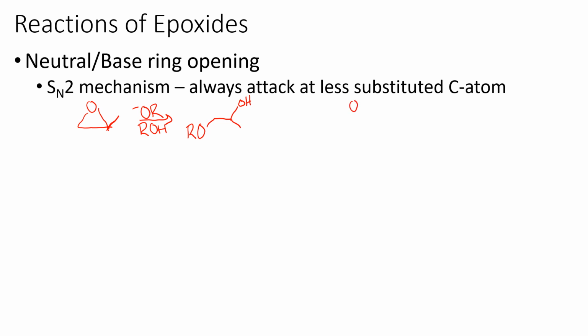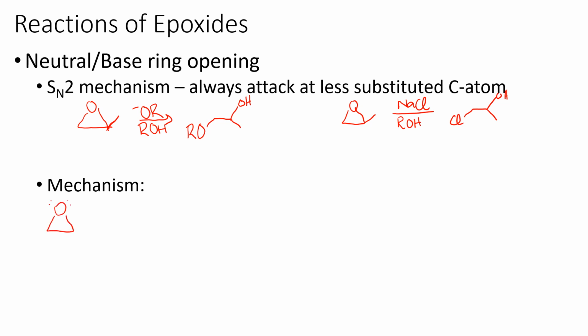We would see something very similar with our neutral nucleophiles, so something like sodium chloride, where we have that chloride ion behaving as our nucleophile. We would have the chloride ion once again go to the less substituted side, and the alcohol would be on the more substituted side. If we look at this mechanistically,